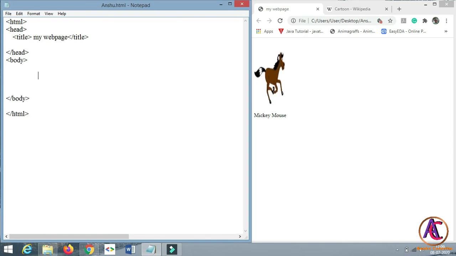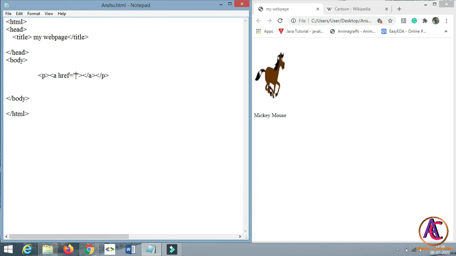So our next tag is a link. We can link one page to another page by giving the link to that. To do that, let's create a paragraph. In between the paragraph we can give the link by using the a tag. A stands for anchor tag. In that a tag we can give href, meaning hyperlink reference, to which we have to link our page.